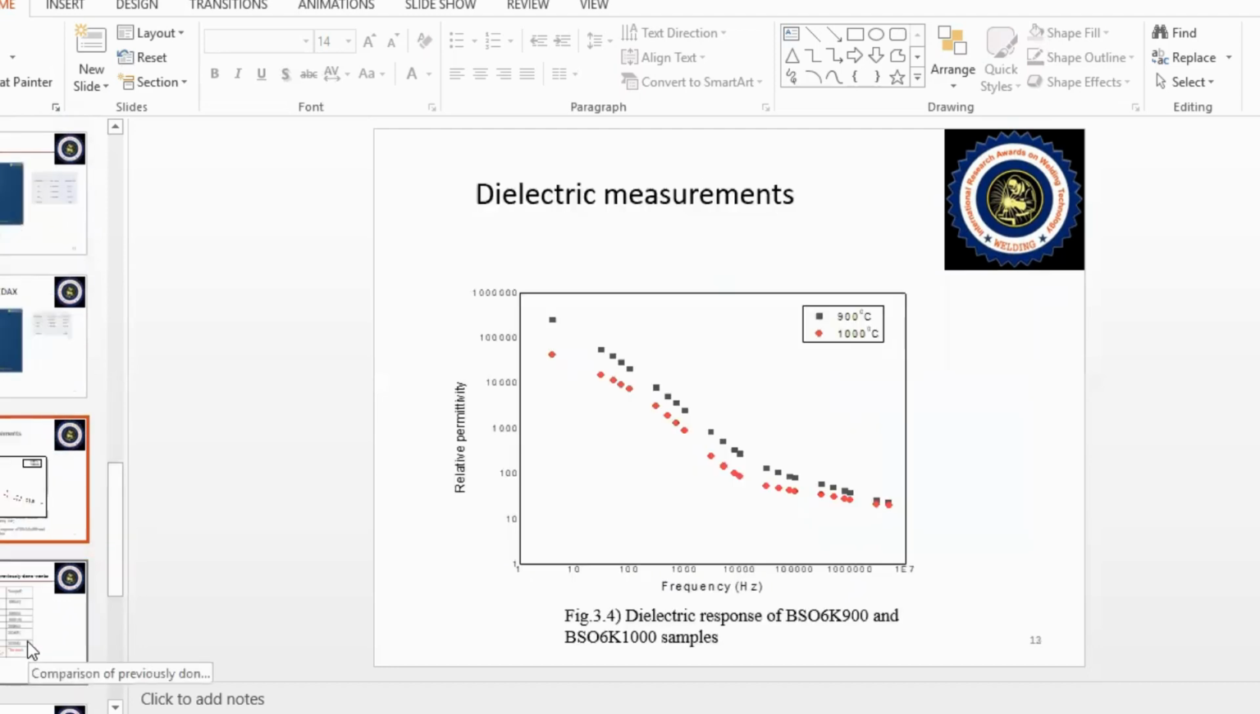Let's now move to the dielectric part. The frequency-dependent relative permittivity measurements conducted at various sintering temperatures are illustrated in the figure 3.4. The observed high dielectric value in the low range of frequency is due to the contribution from space charge polarization and orientation polarization. As frequency increases, the inability of dipoles to follow applied field variations results in the drop of